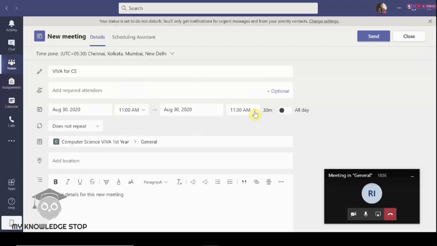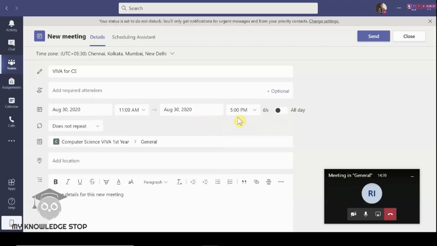And then we can keep it all day long. So we can take it till 5 p.m. Five p.m. means we are keeping it for 6 hours on the same day. Or we can keep it all day, or we don't keep it all day, doesn't matter. If we keep it all day, it's one day. The meeting starts whenever I start. The students know it, but it's better to keep it on the scheduled time. So we'll just keep it this way.